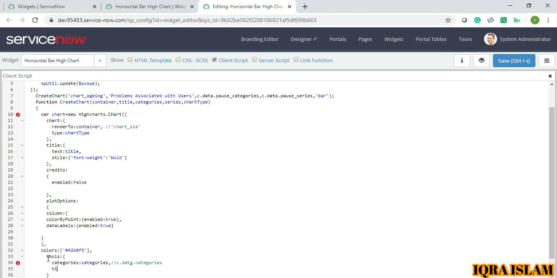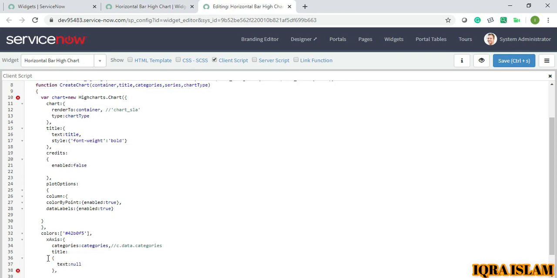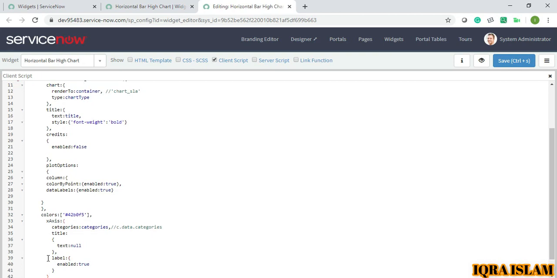If you want, you can add the title in the x-axis, but over here I will not write, so I will just give null. And then its label, I will make it true, so enabled true. And this is the end of my x-axis.